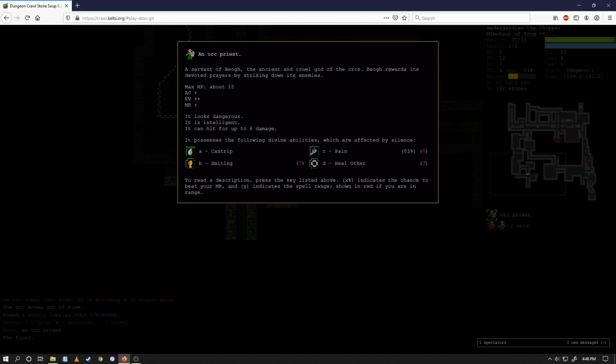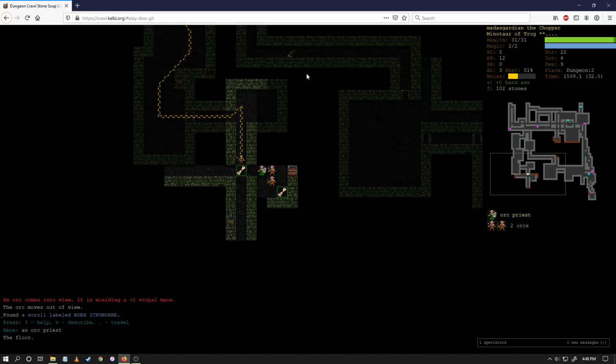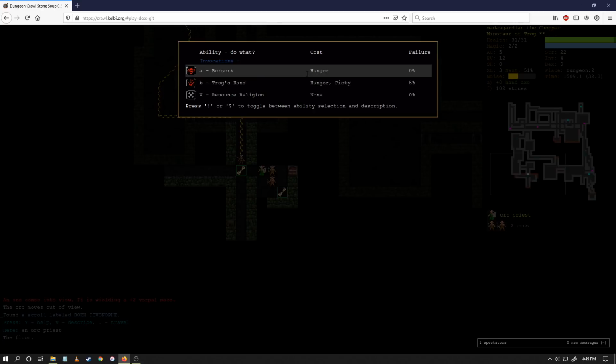These are dangerous because they can smite you, which basically lets them do damage at you. He could be behind a line of 20 orcs, and he doesn't need line of sight. He can just smite you anywhere he can see you, so he's a problem. So we're probably fine, but I may go ahead and Berserk just to make sure we kill these. And you can also see we now have Trog's Hand, which is another